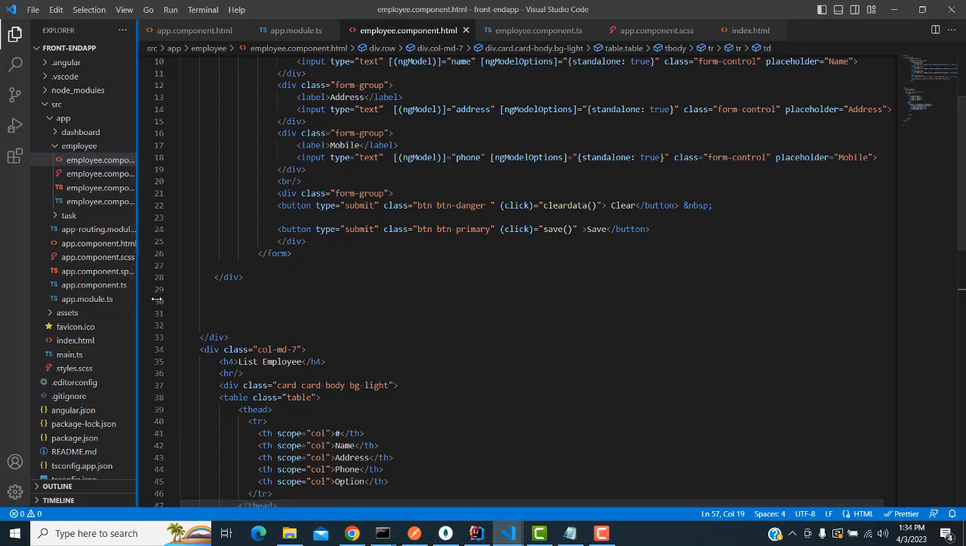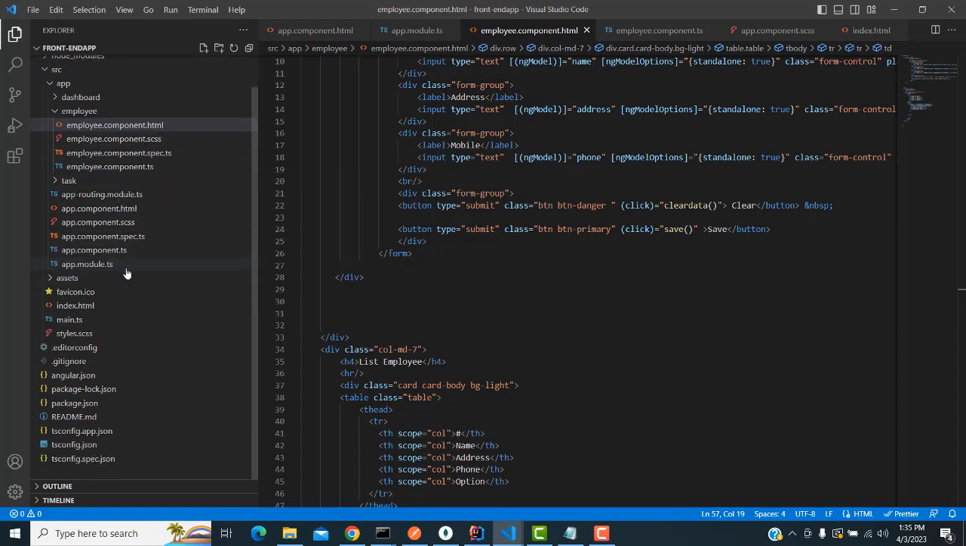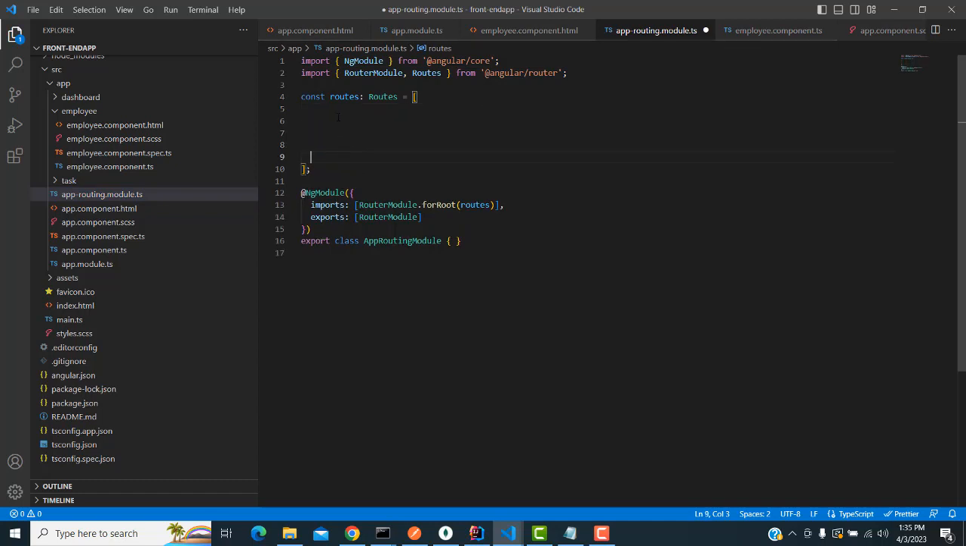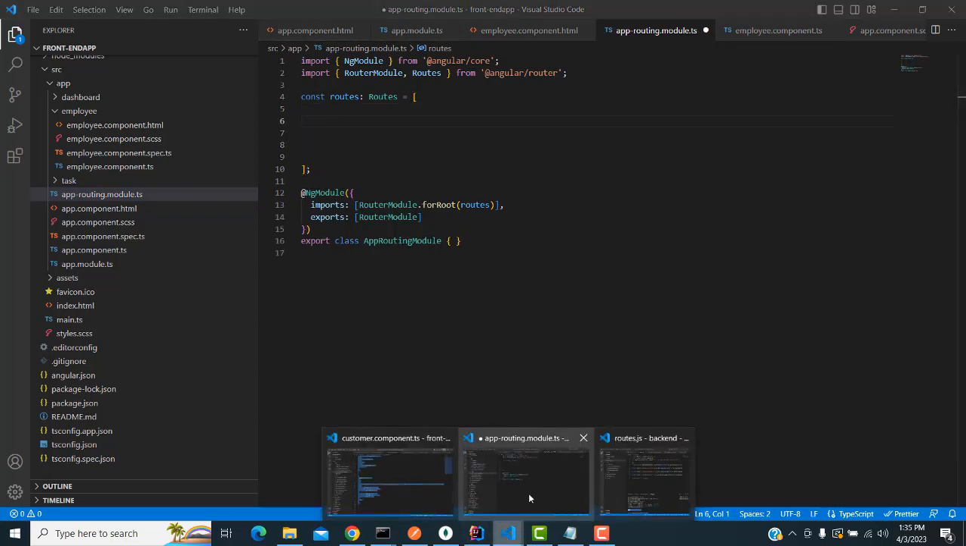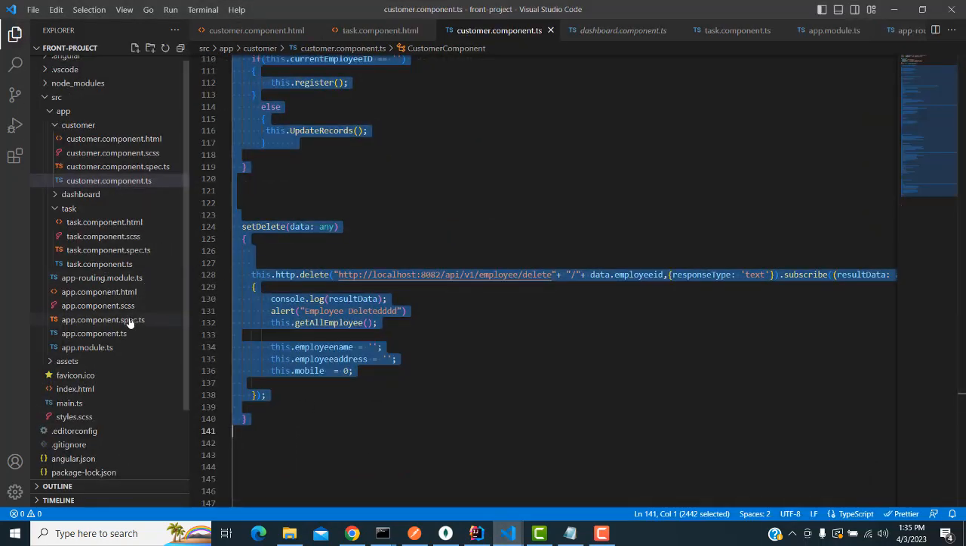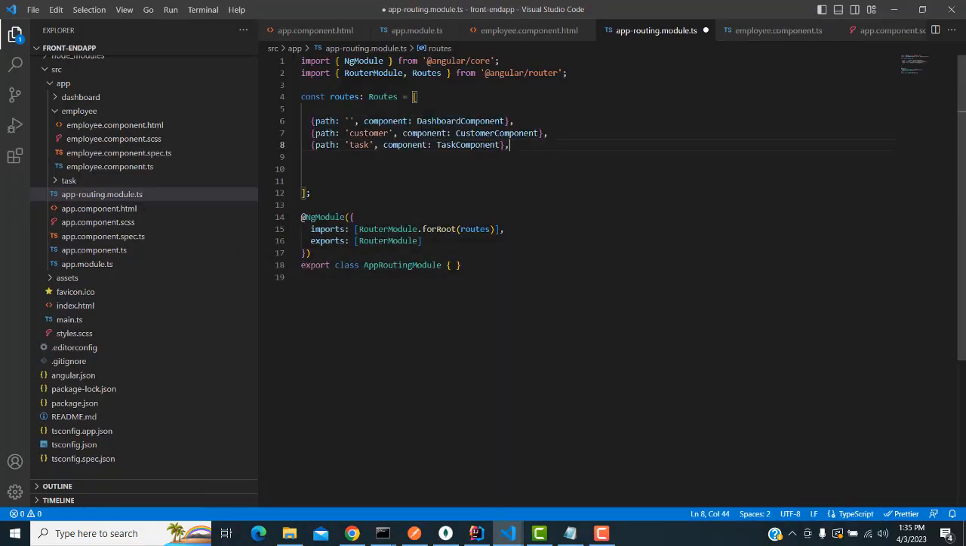Another thing we have to do here is routes management. In the app-routing.module.ts file, go inside this file. We have to manage all the routes. How to manage all the routes? You have to write like this. These are your managed routes. The path is dashboard. You have to create a dashboard